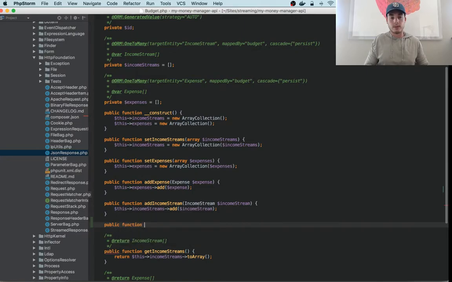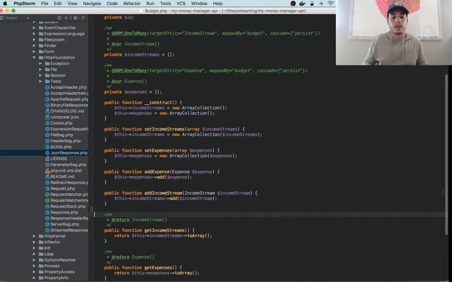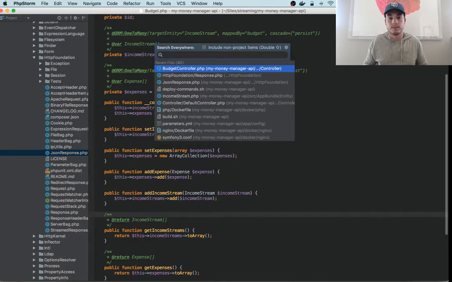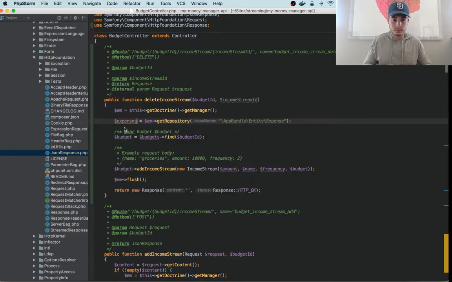So let's add methods to remove expenses and income streams. Remove expense. And I guess, should we do that? We might not have to do this. Let's see if we can just, we might not need to add that method at all. We might be able to do, let's see, I think we need the expense repository here. And